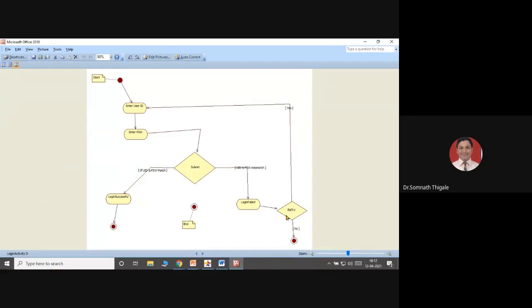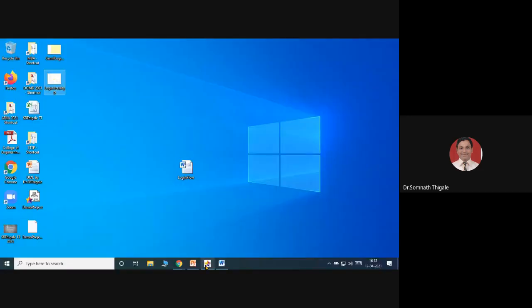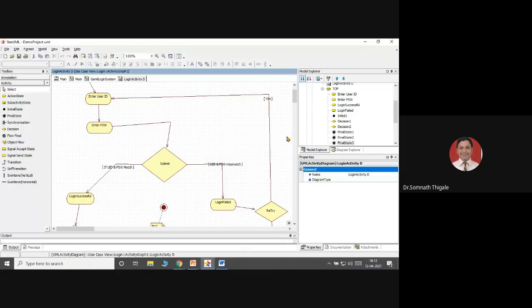After login failed, do you want to retry? If your answer is yes, again you can start this process. If your answer is no, you can stop this. Again, some conditions you can also add over here, like how many attempts you want to try. If your answer is yes, you should also think about the attempts. That condition also you can add over here.